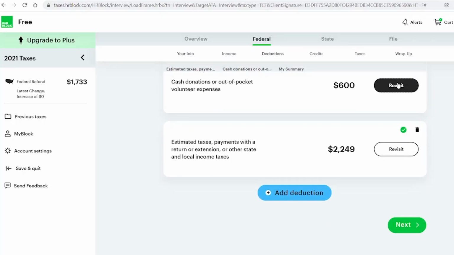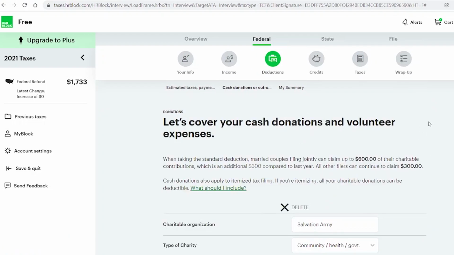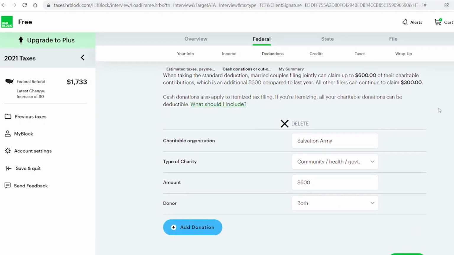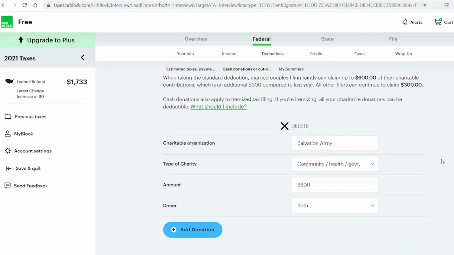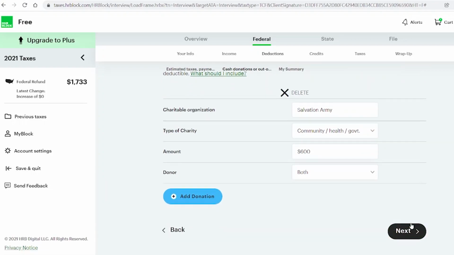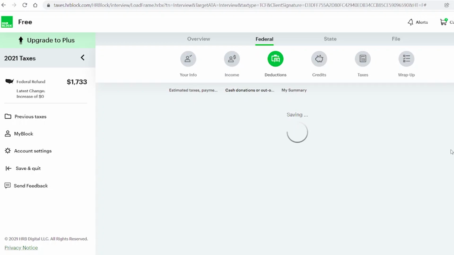Another thing that I was disappointed that H&R Block did not do is they did not have a separate section asking about cash donations, particularly for the year 2021. There's a special tax provision for 2021 that allows you to deduct cash donations to charities up to $300 per person or $600 per couple filing jointly. And that is if you are claiming the standard deduction, you can still claim those cash charitable donations. So this is a really important change, and they didn't ask about this separately. I went ahead and entered it as a charitable donation in here so that I would get the correct numbers, but I feel like most people wouldn't know that and most people would miss that.